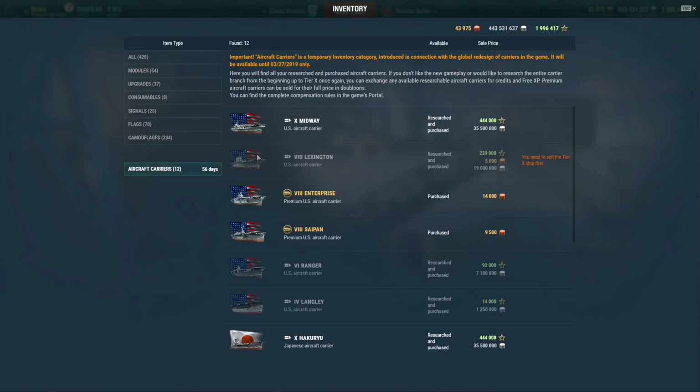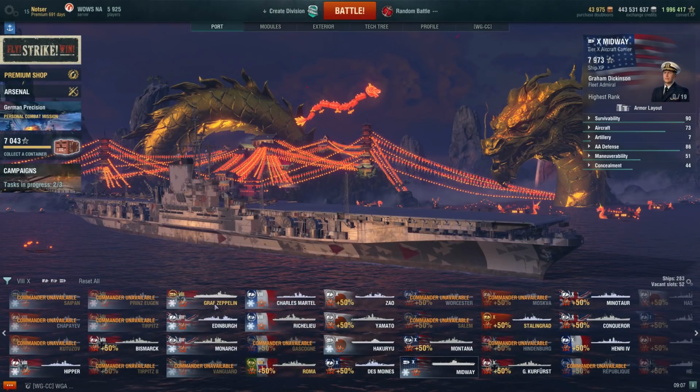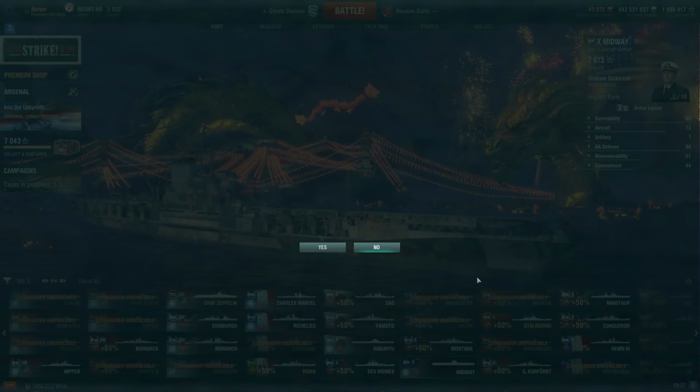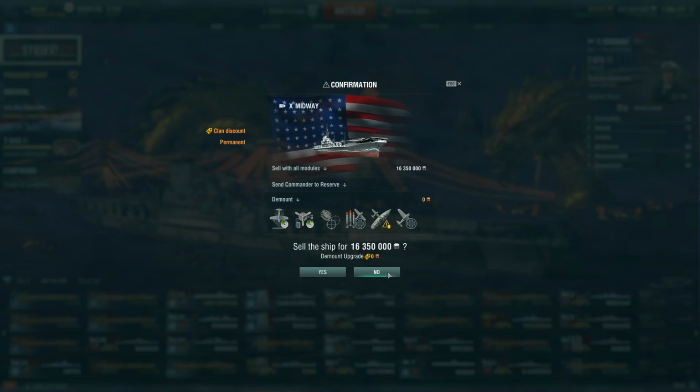This is only for now, but this is how you get the purchase value of the premium aircraft carriers in doubloons. Don't be baited to do something like this, where I was right-clicking and selling. Don't do that, because you're not going to get the full value. And don't do it here either for your main line. Don't do this. Now, you'll note that there's a clan discount that's permanent, and it gives you the full value,